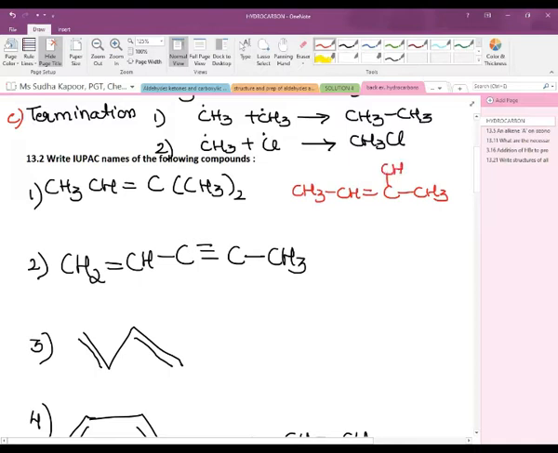So drawing it like this, numbering 1, 2, 3, and 4, the name becomes 2-methyl but-2-ene, 2-methylbut-2-ene. Now in the second case, we know that if double and triple bond both are present, then the priority is given to the double bond. So the priority is followed. The name becomes pent-1-en-